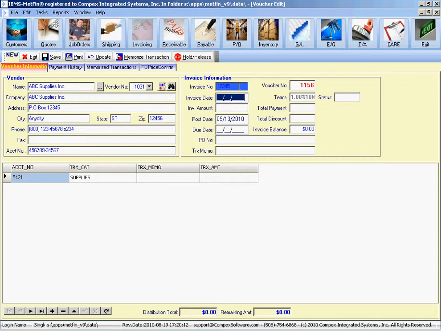Next you want to put in the invoice date. So I'm going to use, let's say, September 2010. And the invoice amount, which is, let's say in this example, $1,000. Now you notice that the post date is automatically defaulted to the current system date. However, it is important to note that